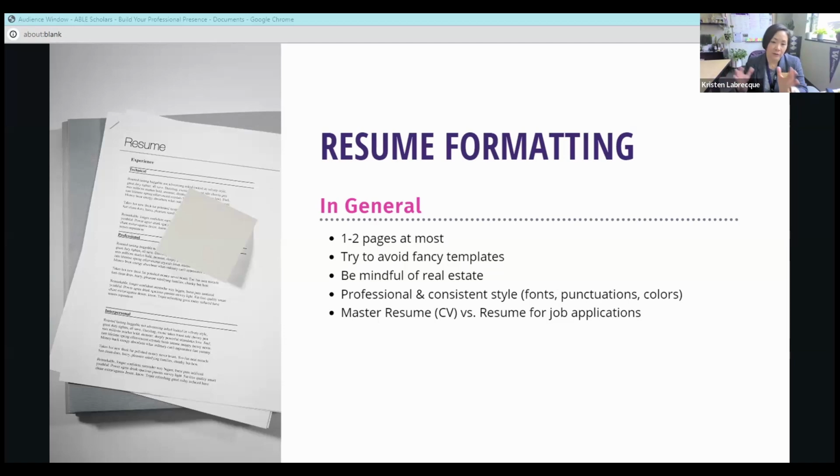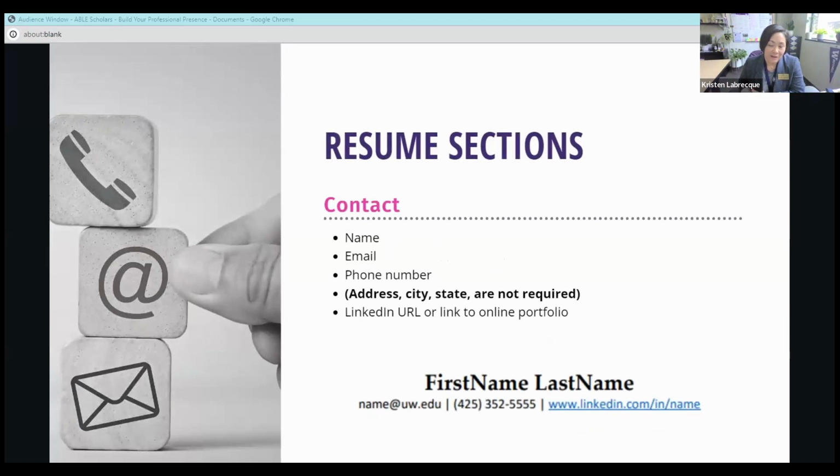When you are tailoring your resume to specific job applications, you can use that master resume as a menu for all the different things you want to say about yourself and what you've accomplished. In your resume sections, the very first one should be contact information. If the resume is a marketing piece to get you an interview, you need to make sure you've told them how to contact you. Use your name and your email, your phone number. You do not need to list your geographic location. You do want to list, however, a URL to your LinkedIn account so that people can see your